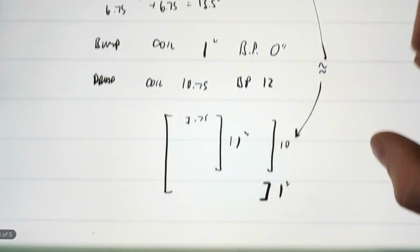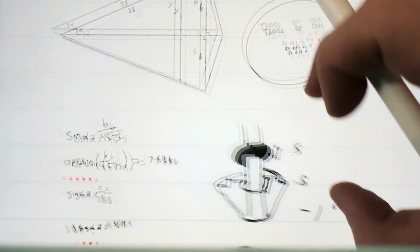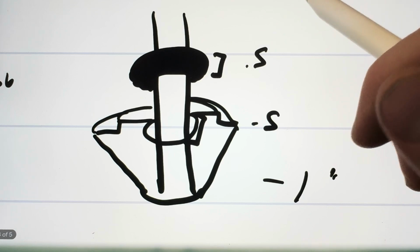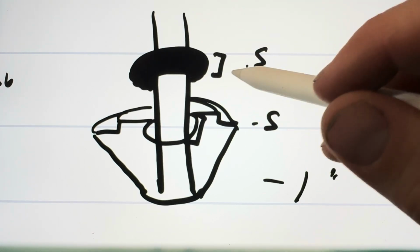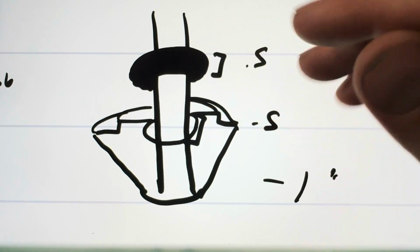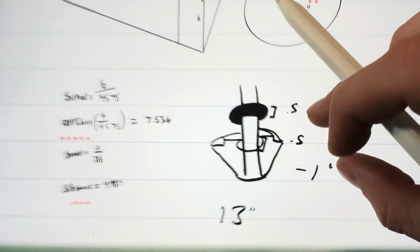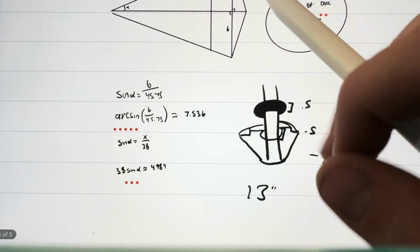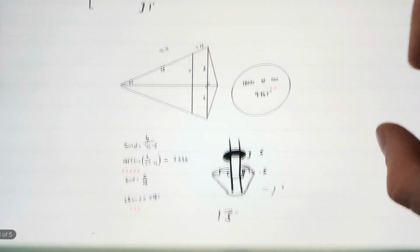Now, another thing to consider is the spring retainer and the bump pad. I'll show you in a minute, but when those are placed on the shock, you lose about an inch because of the gap of the thicknesses of these two parts. So in reality, that 12-inch coilover really sees about 11 inches of travel because those are in the way. That's fine because